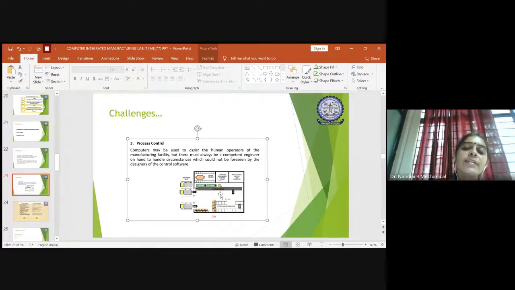No, if you do it like this, sometimes even the process can become abrupt. So there should always be an engineer who is well versed with the technology and also well versed with the manufacturing process. Someone has to be monitoring the entire system, how it is being operated, whether it is under control or not. If something suddenly goes wrong accidentally, you should be able to manage, tackle and overcome these problems. So these are the challenges associated.